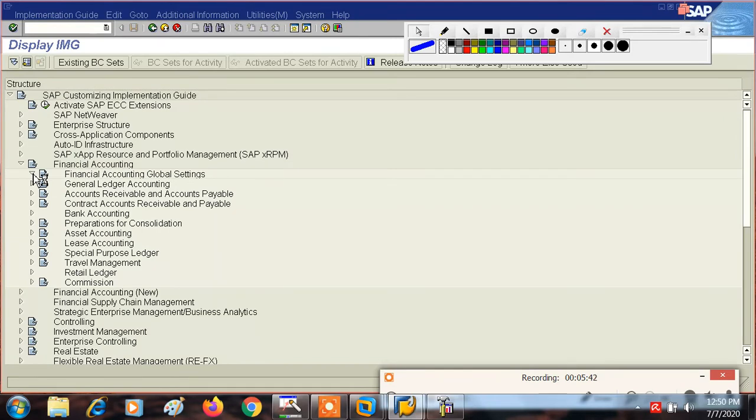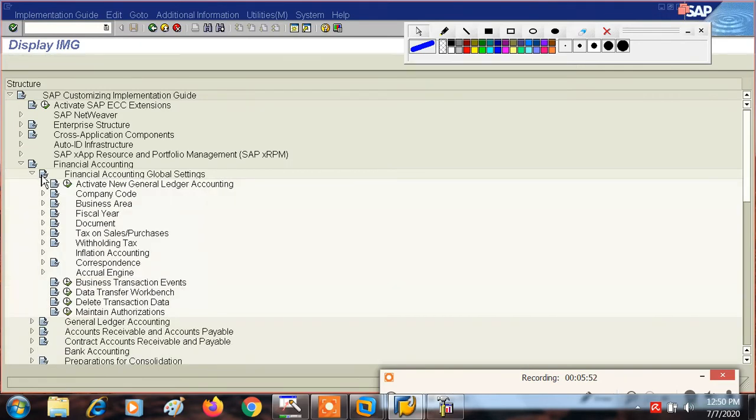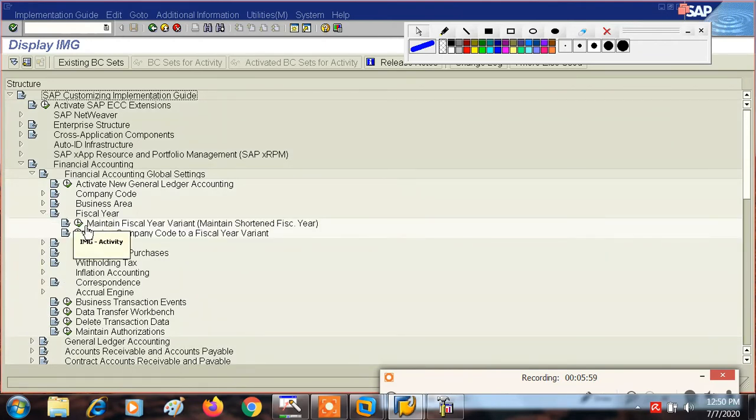See, financial accounting global settings. And then we will go to fiscal year. See here, maintain fiscal year variant. The T code is OB29 and assign company code to fiscal year variant. The T code is OB37. So execute here.